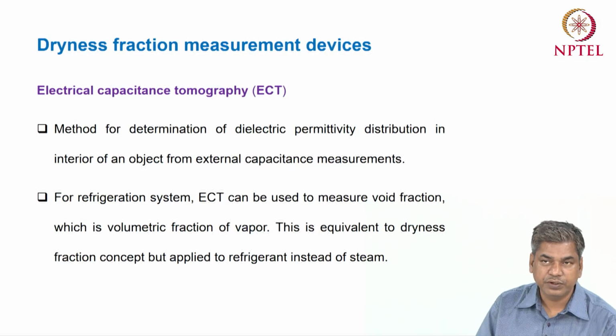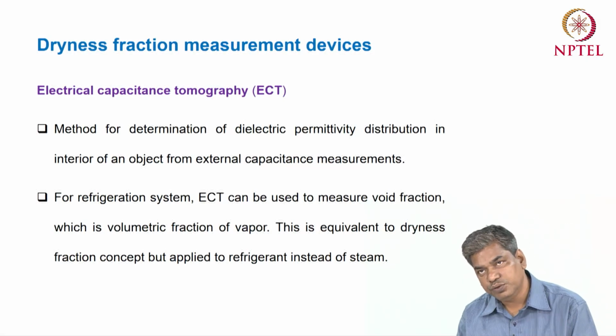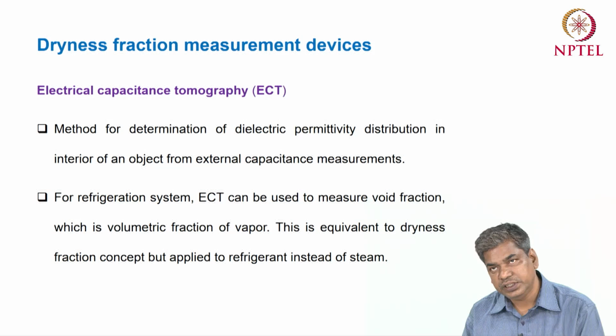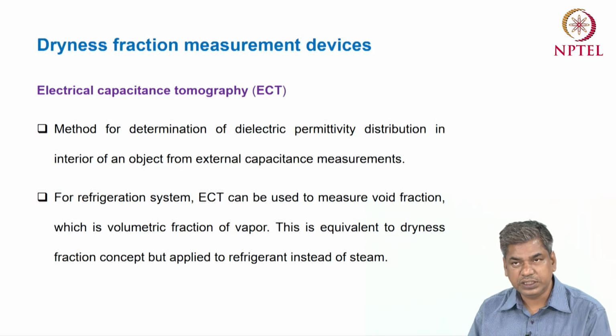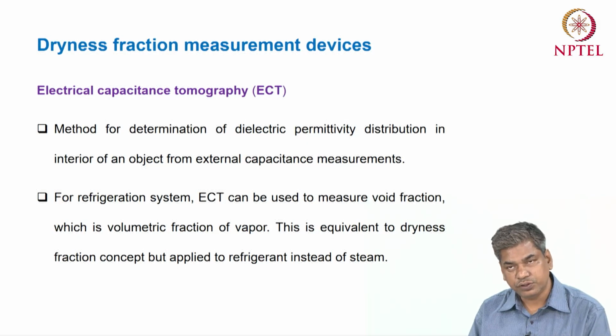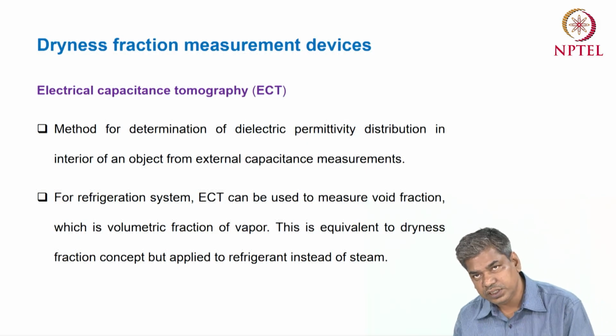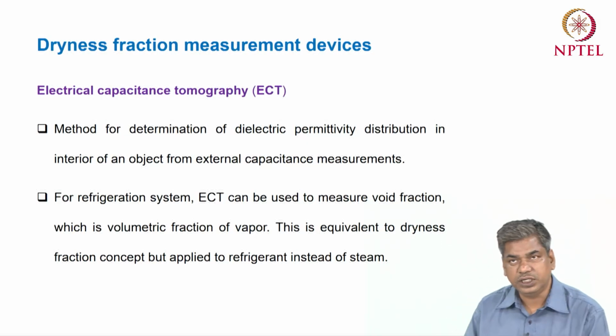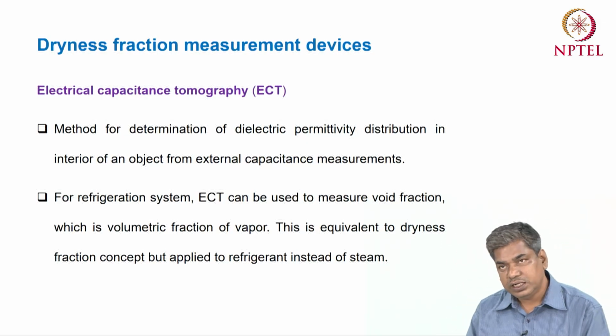So that means both liquid and vapor are there. For that case the dryness fraction measurement is very important. Similarly, in some cases the outlet condition of the condenser is not saturated liquid, but in a two-phase zone. So for that case also we need to measure the dryness fraction at that condition.